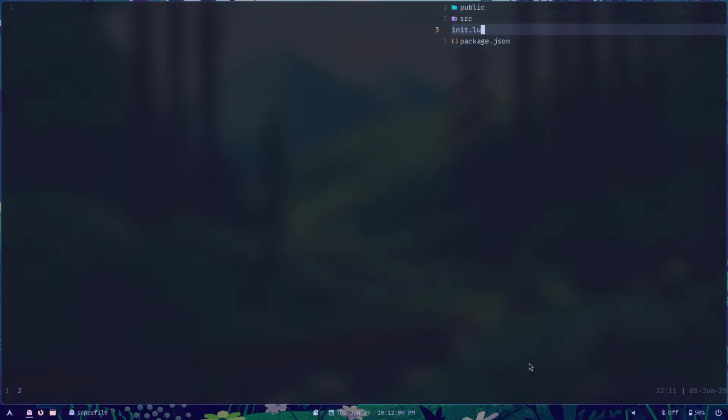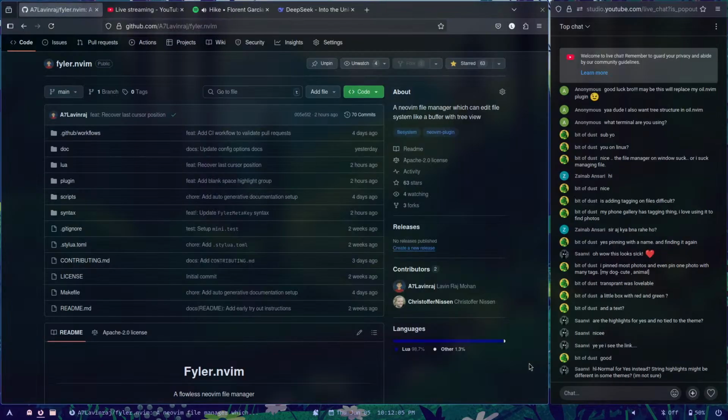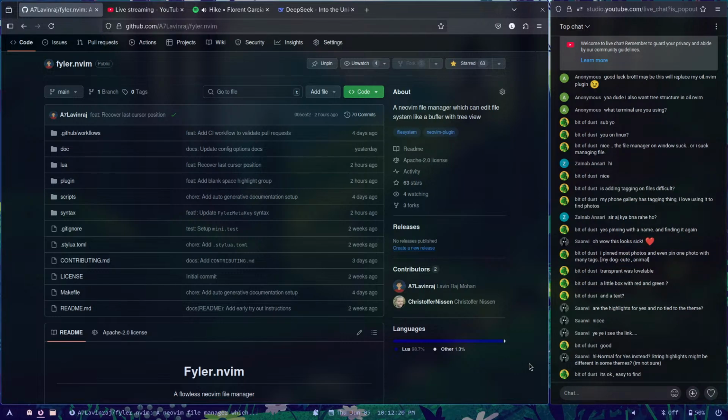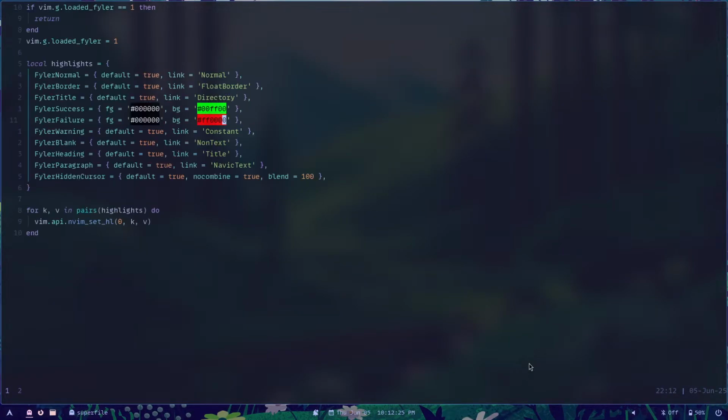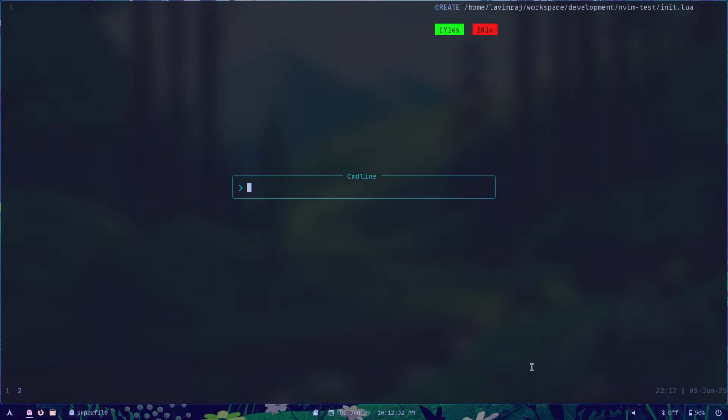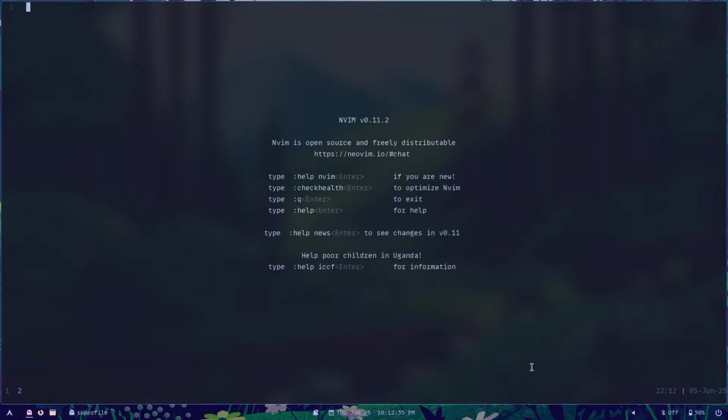So let me just init. You can see, like so. Nice. Yeah, I see the link. Normal for yes. Instead, string highlight might be different in some themes. I'm not sure. It's okay, easy to find. I think we should go with some pretty straightforward things like we have already. Like if a user,